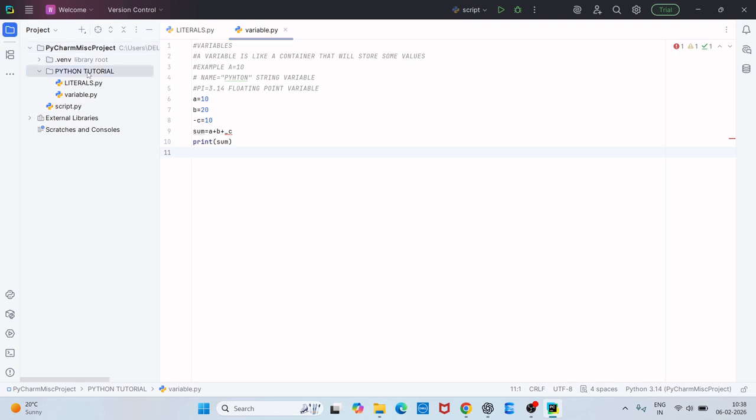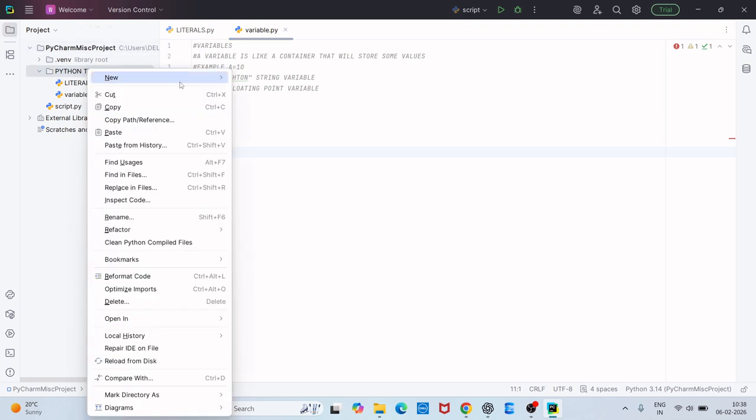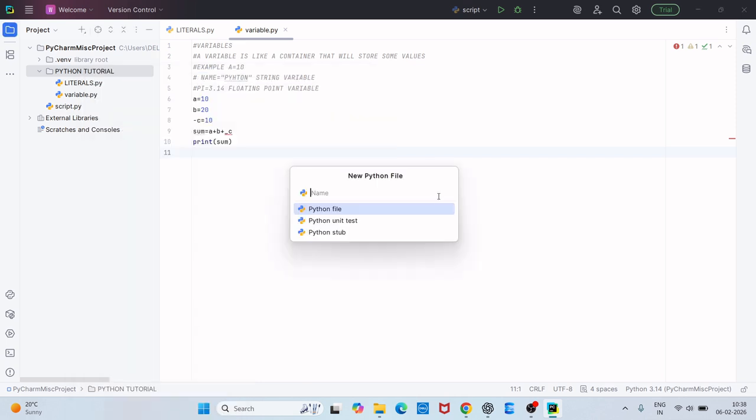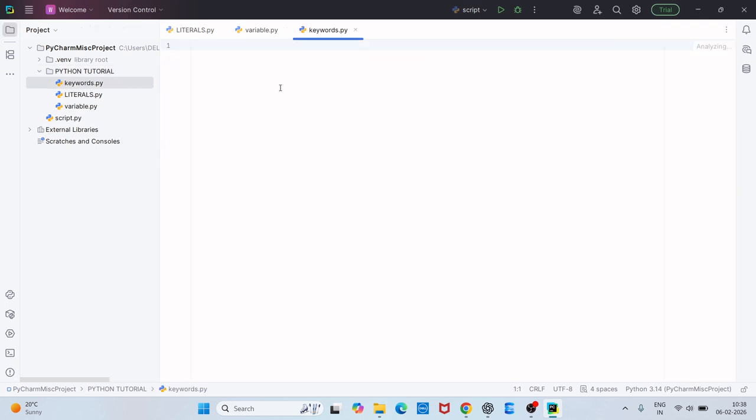We are going to create a new file in our Python tutorial folder. The name of the file will be keywords. Now let's look at the practical perspective. For example, if I say if equal to 10, then print if.